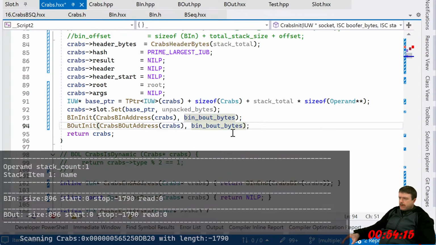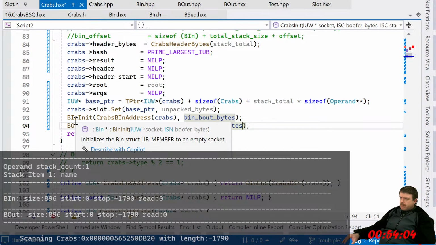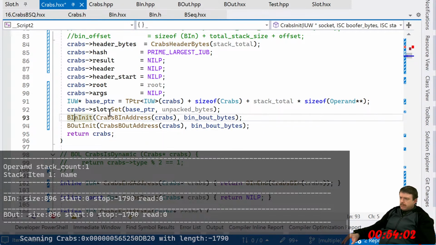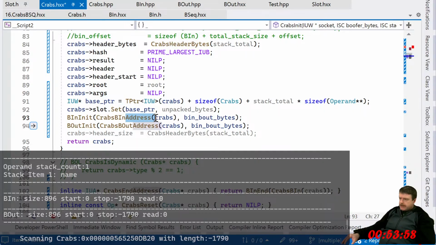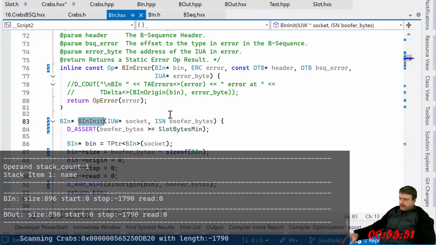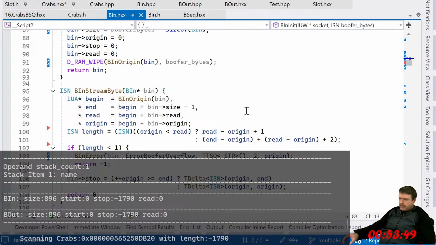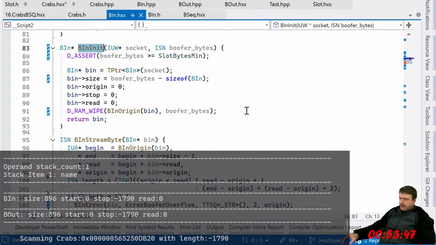That's definitely better form. Oh, this one's not supposed to exist anymore, huh? Address? What is this one? Do I want to do it like this?